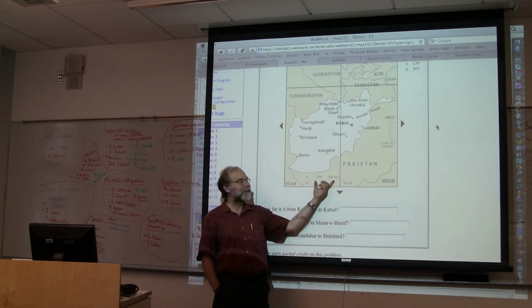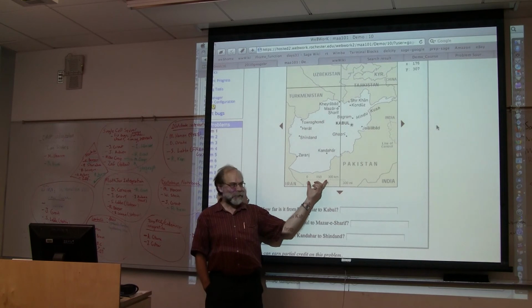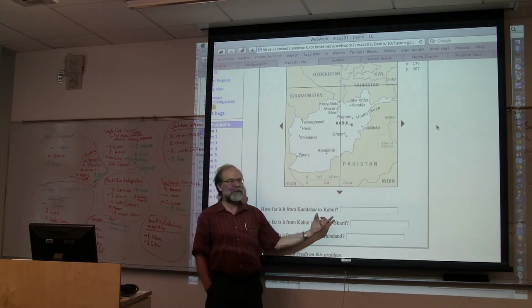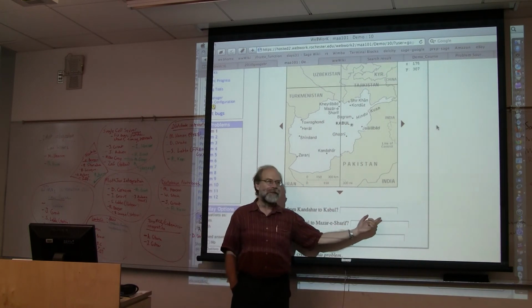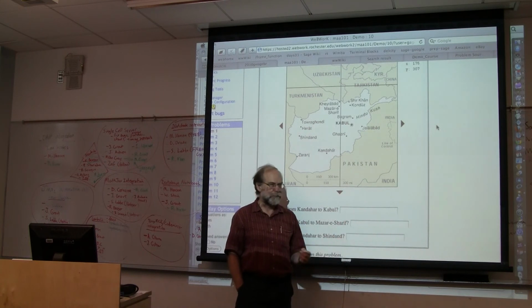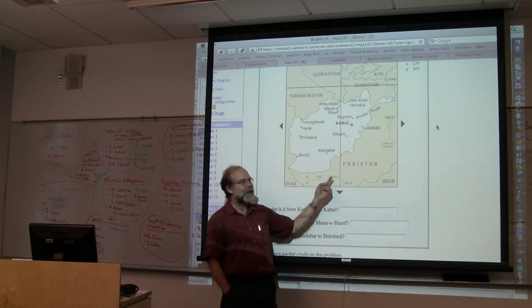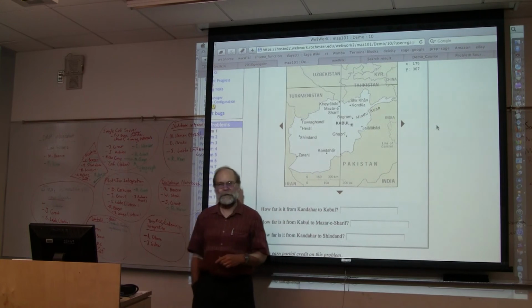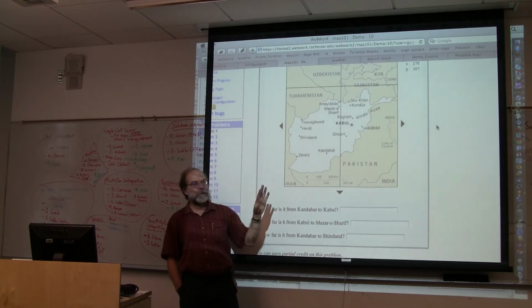So that's the point. That's in pixels. You've got to use the legend, figure out what the conversion is, and then put the conversion in. If I remember right, you have to put the units in too, and you're allowed to use either kilometers or miles. You just have to put in the right units. So that's like a 3 or 4 step problem.